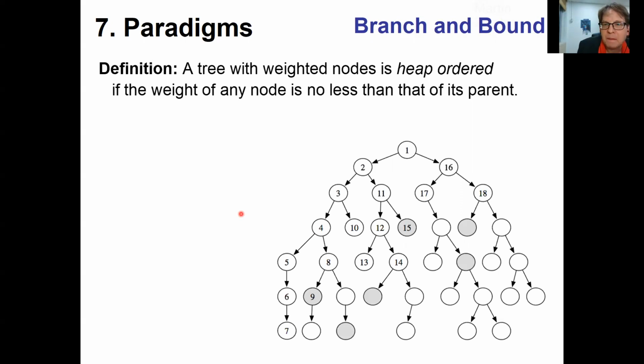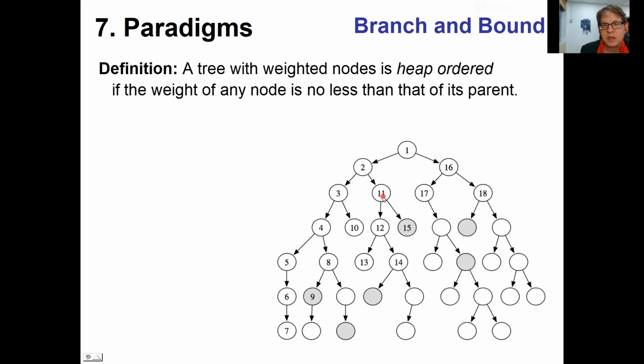Here you see a tree, and there are nodes, and the nodes are assigned weights. And the weight of any node, like here 11 of this node, is no less than the weight of its parent 2. So same here, the weight of 12 is no less than the weight of its parent